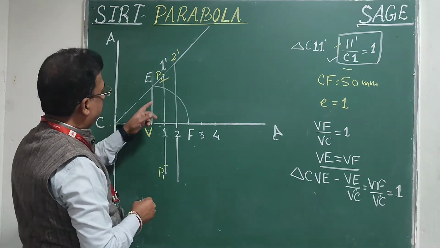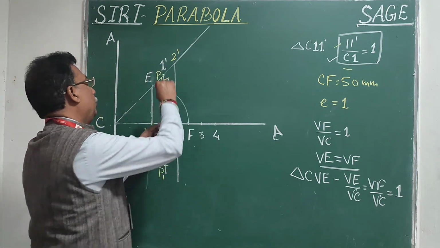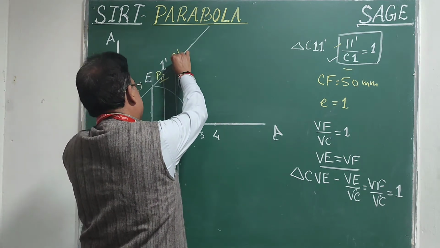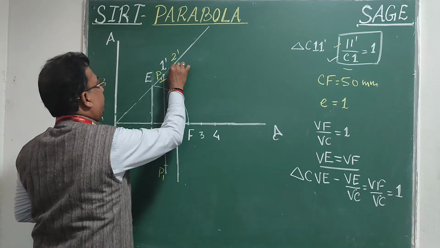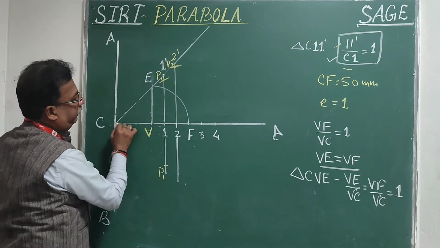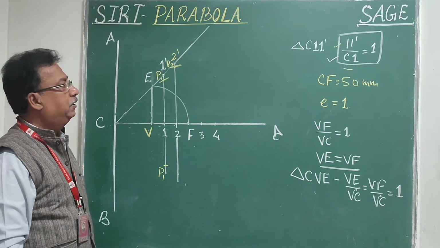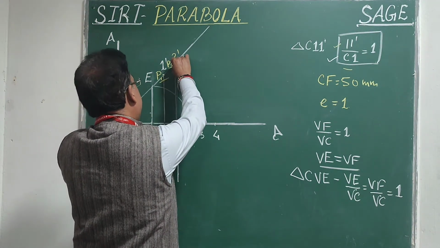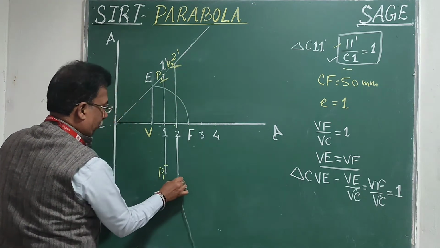So as you know that the distance of all the points on this line 2 2 dash from AB will be C2. So it means our point must lie on this line, and I will pick a distance 2 2 dash, and from focus as center I will cut it. So maybe that is the next point P2. Now the distance of P2 from AB will be C2, and from focus will be 2 2 dash. So that is also one of the points on the parabola. Same way I can shift it downside, so I can get another P2 on the lower side also.